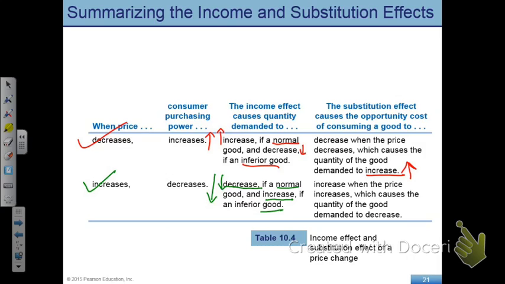Extremely cheap or something? It could be the other way around. Let's come back to that again. At least you have identified that it has to be an inferior good. Okay? So,